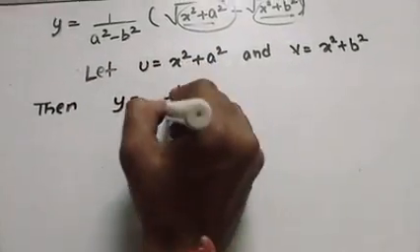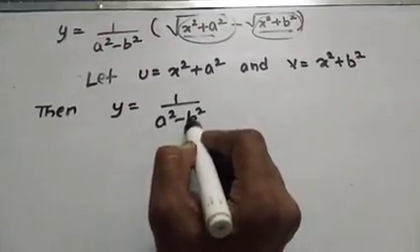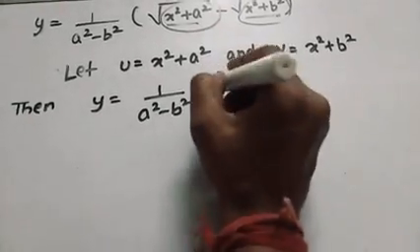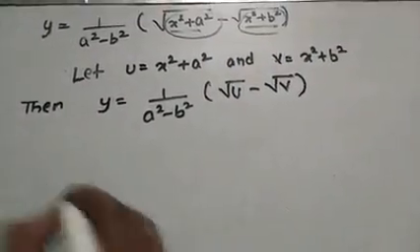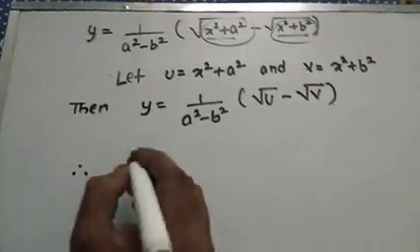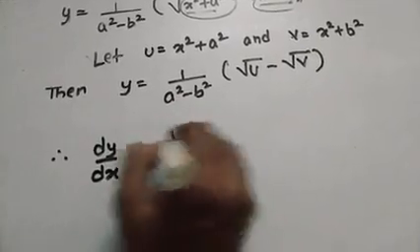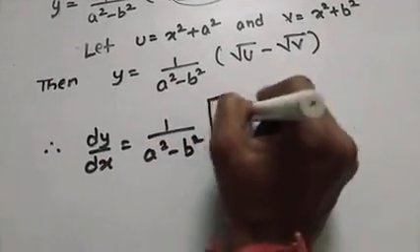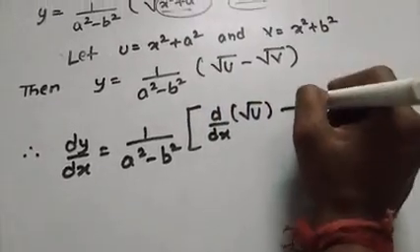y equals 1 by a square minus b square. See, 1 by a square minus b square is a constant part because there is no x, so this is totally a constant, into root over u minus root over v. Now we will differentiate both sides, dy by dx. This is a constant, so the constant will remain outside of the derivative. d/dx of root over u minus d/dx of